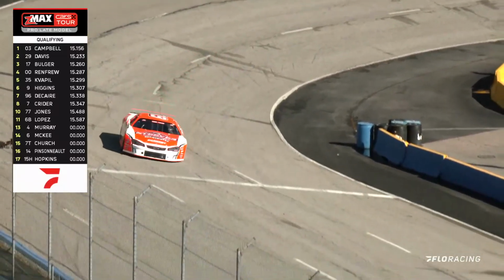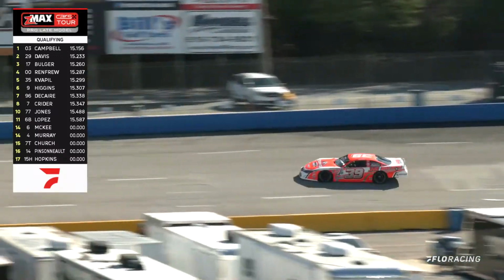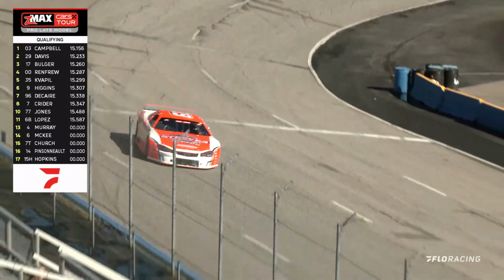Another car creeping its way up to speed to approach its dead lap, that bright white and orange number 39, driven by this driver out of Pomeroy, Maine. The GM Builder Chevrolet is Max Cookson. And Eric, I know you were talking to this driver a little bit earlier today and what a character he is,